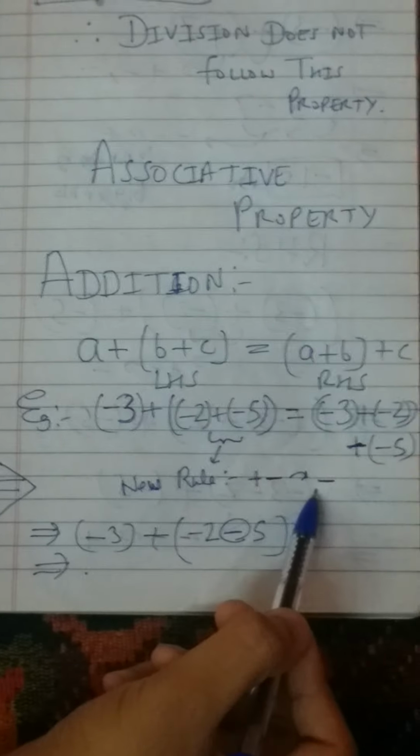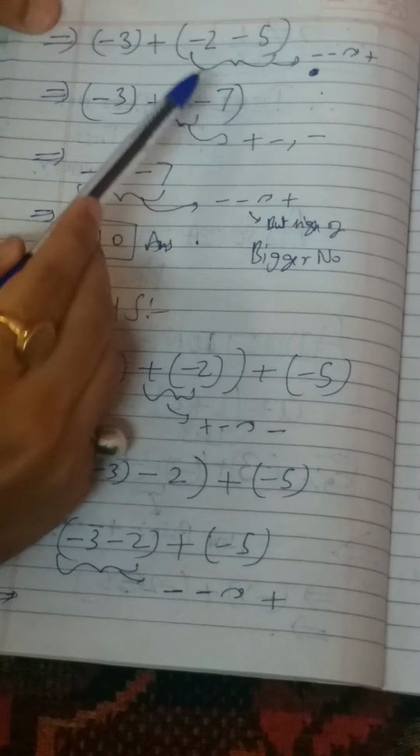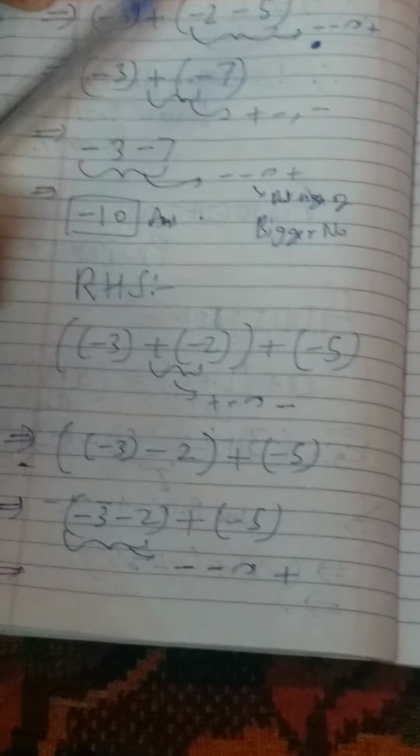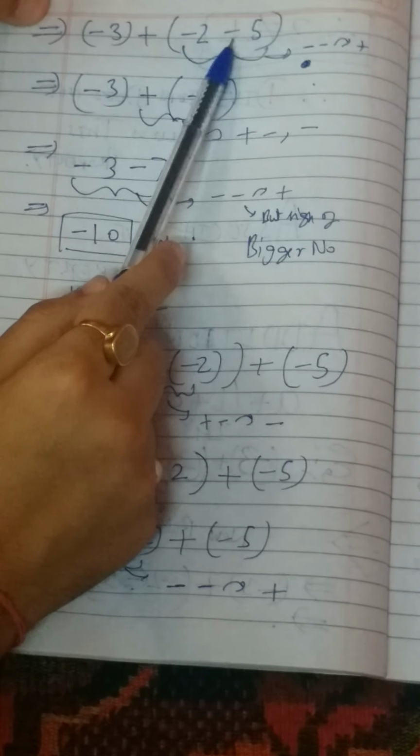Minus 3 plus minus 2 plus minus 5. So plus minus sign combinedly changes to minus. Okay, so minus 3 plus minus 2 becomes minus 3 minus 2. Okay, so similarly the previous rule which we studied in the first video: minus 2 minus 5, minus minus